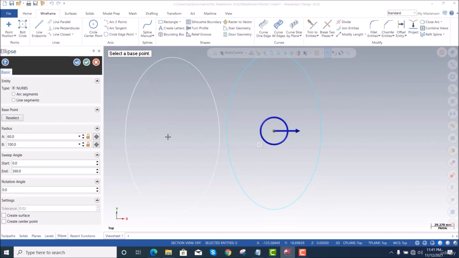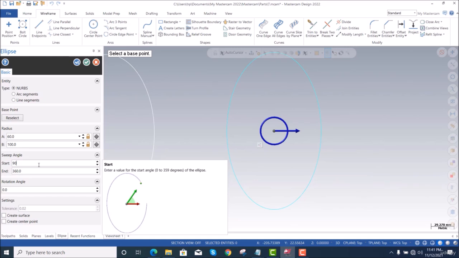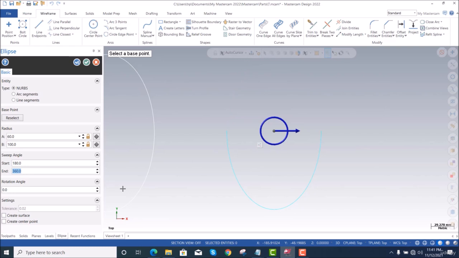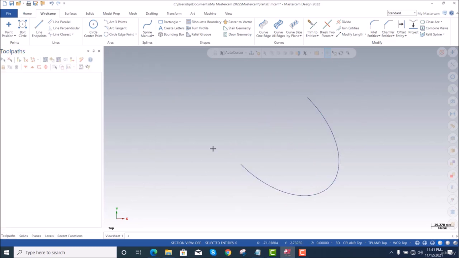If we want some portion of this ellipse, what we can do is specify a start angle, let's say at 90, and end angle is 2. So it is like 3/4 of the total. And if I select 180 as start angle, it will be half, like this. Okay, we can also rotate it, let's say at 45, like this. Okay, delete it. And the next is